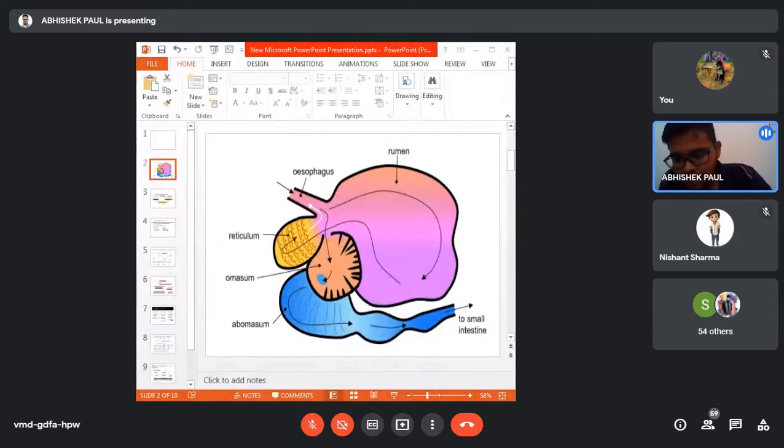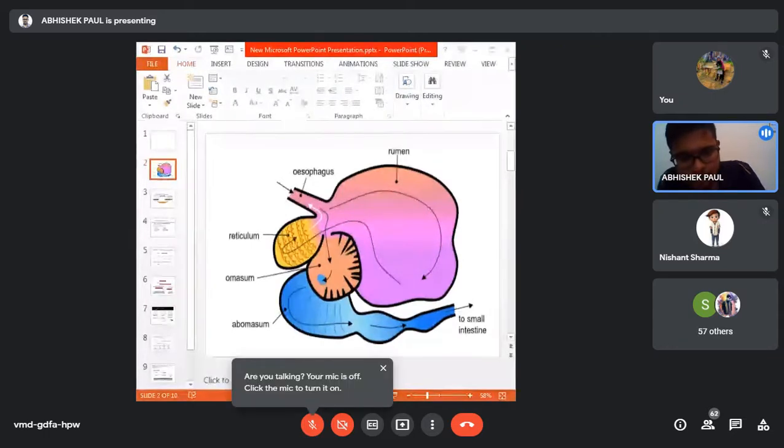And this rumen has a peculiar function, because it contains ruminal bacteria, protozoa, and fungi. These rumen microbes help in digestion of the carbohydrate. Carbohydrate means whatever roughages they are taking, or whatever grasses the animal is feeding, those grasses are converted by the ruminal microbes in the rumen. So rumen is very, very important. This is the biggest chamber, the purple color one. This is the rumen.